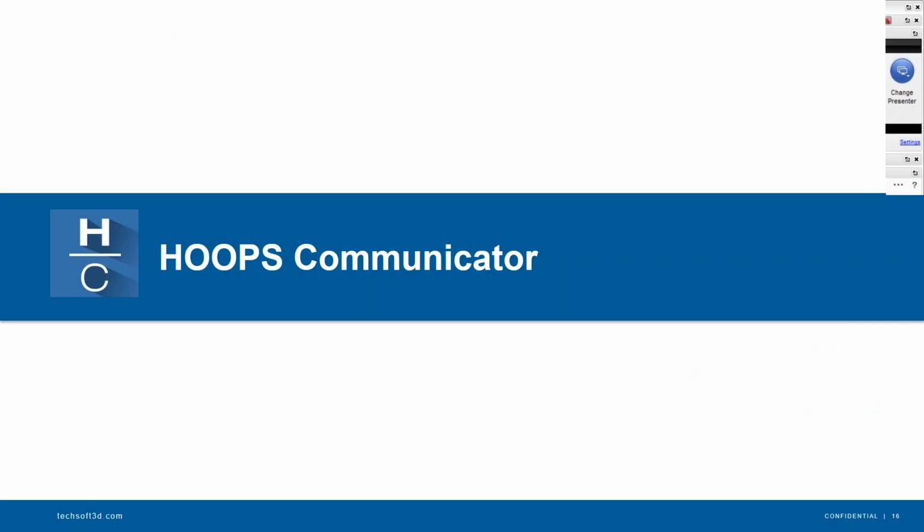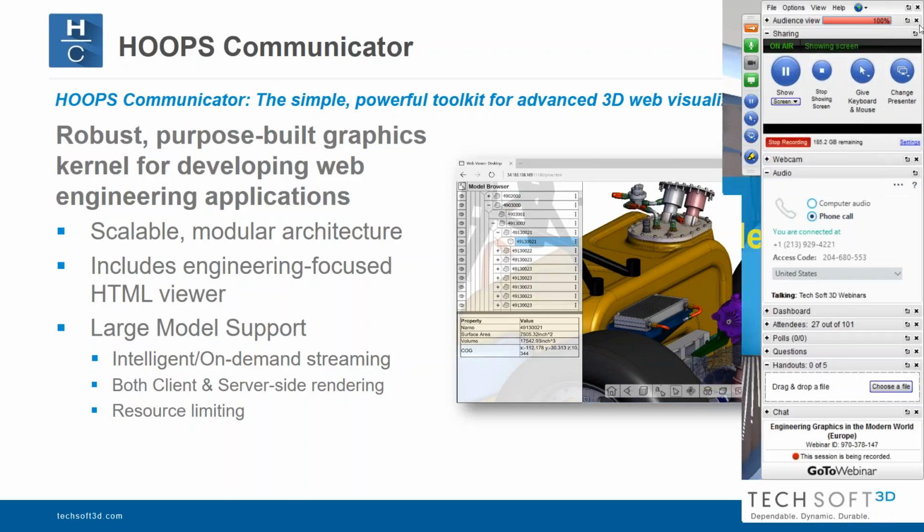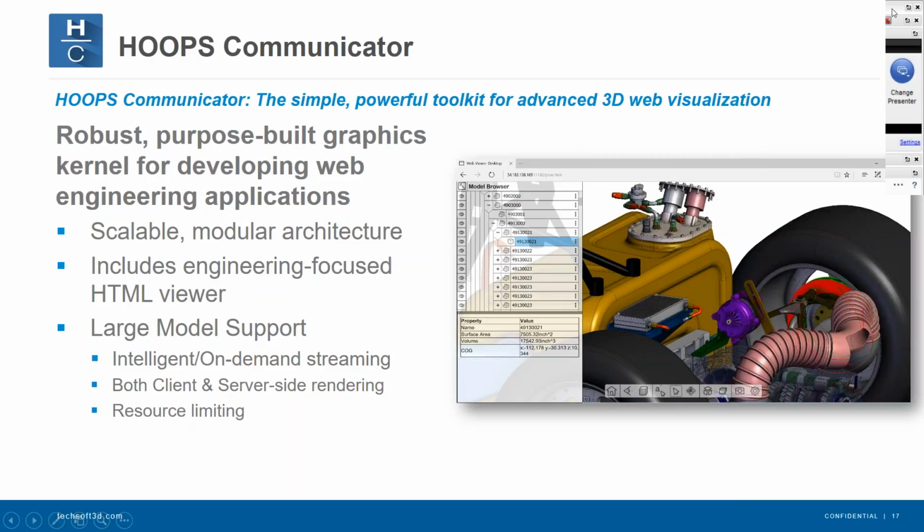The other product I wanted to talk about is HOOPS Communicator. And HOOPS Communicator is similar to HOOPS Visualize, except it's more targeted at HTML and web developers. And because it is essentially a web development studio, it has a much stronger client-server architecture. So it has a very scalable and modular architecture. The actual viewer is very engineering focused, so there's a very professional viewer that's included with it. You can see a screenshot of it on the right, but it includes measurements, it includes a full model browser,